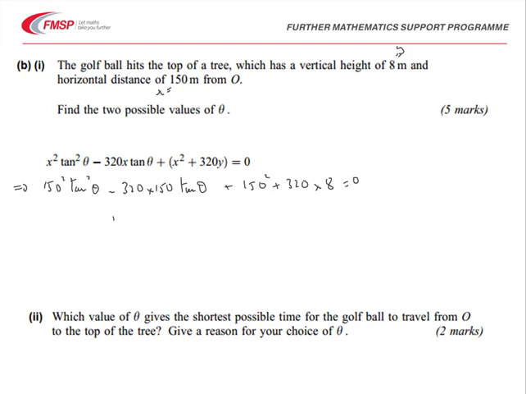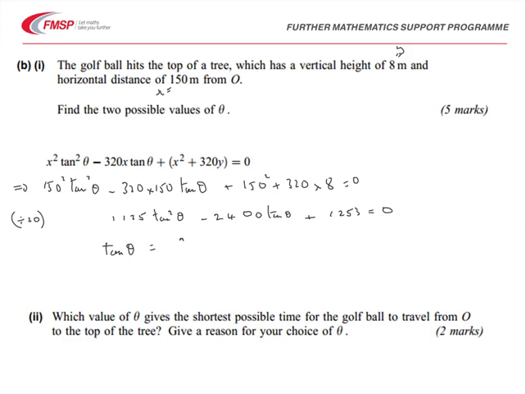This comes out to be 1125 tan squared theta minus 2400 tan theta plus 1253 equal to 0. To get to that line, I've also divided through by a value of 20. It's not really strictly necessary to do that, but we've now got a quadratic equation in tan, so that tan theta